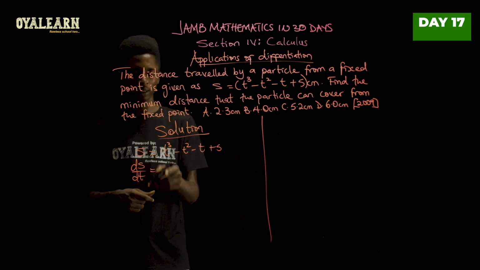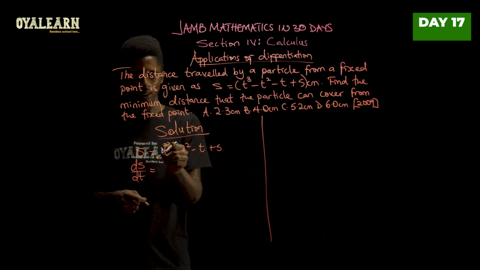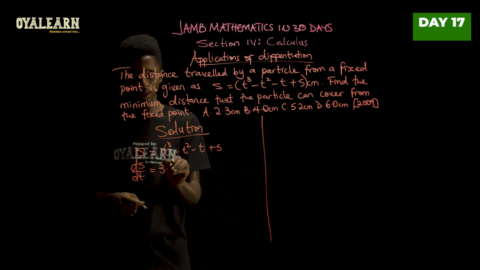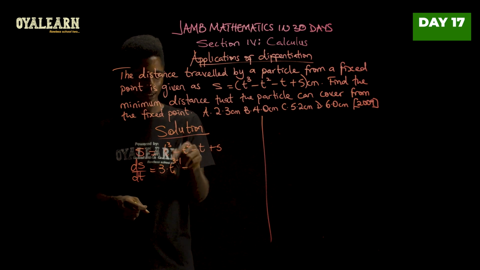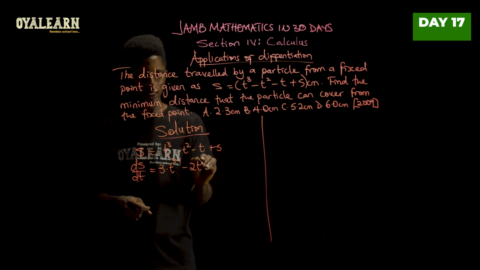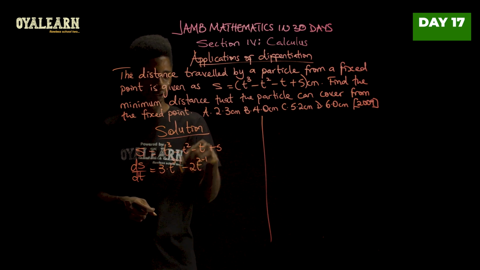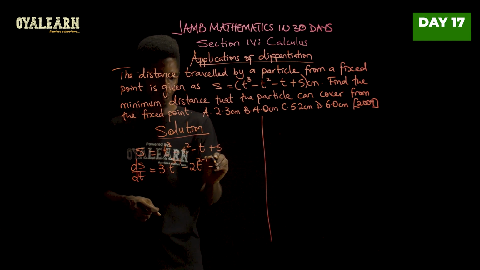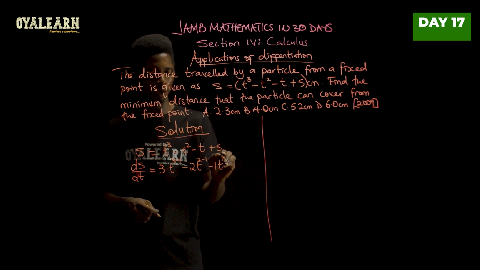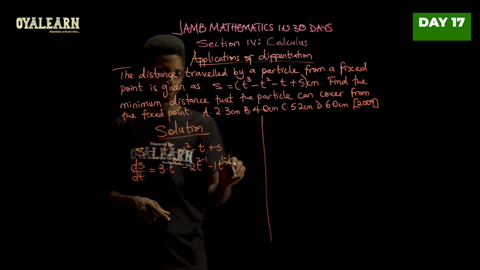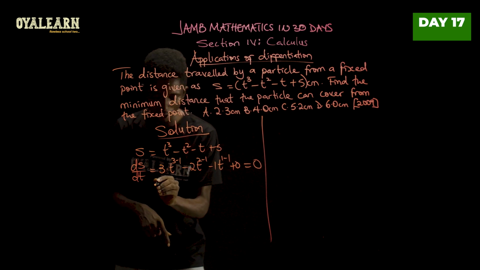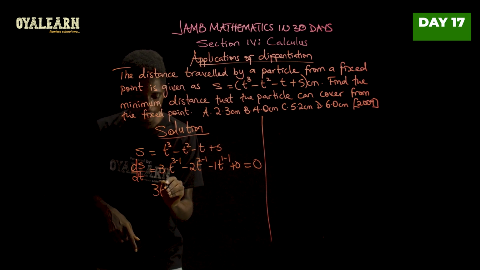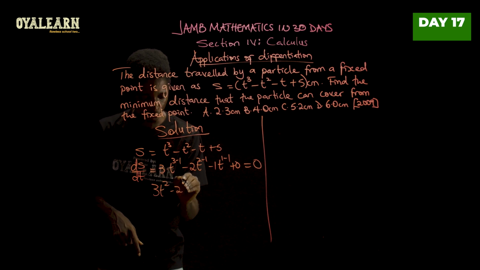So when we take the derivative of t cubed, 3 comes down, so we have 3 multiplied by t, then this will be 3 minus 1, minus, this will then be 2t, 2 minus 1, then minus, the power here is 1, so t, 1 minus 1, then plus 0, and all of this we equate to 0. So this means we would have 3t squared minus 2t